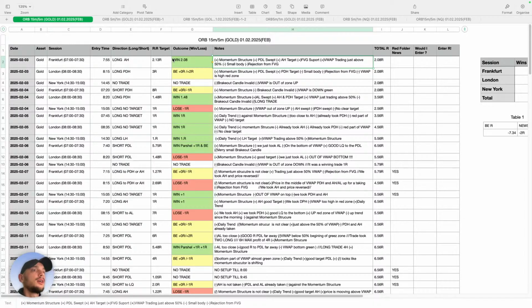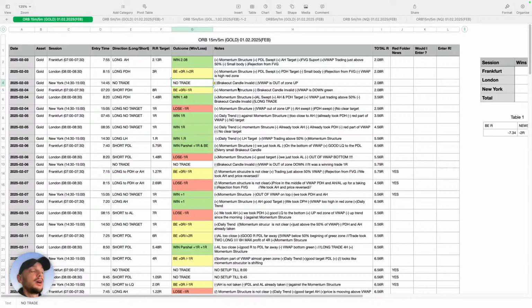And again, this is a result by entering at every single trade. It doesn't matter if I like it or I don't like it, I enter and I put all the pluses and minuses. Now, some days, as here, there is no trade